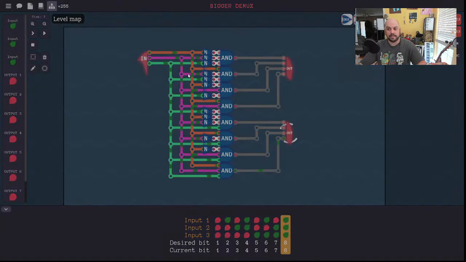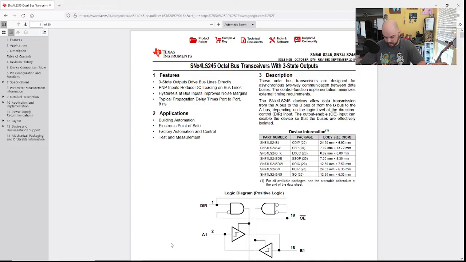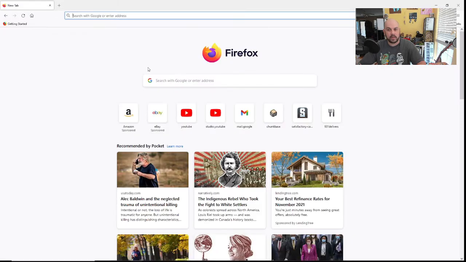All right, moving on. Okay, the last bit of arithmetic, one way. Oh, this frustrates me. Let me actually show you something. Speaking of demuxers, nope, that's an octal bus transceiver. I didn't bring it up. Actually, I can. Let's go ahead and